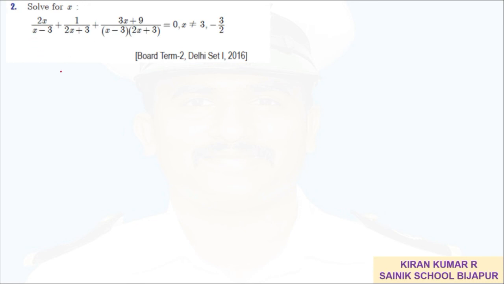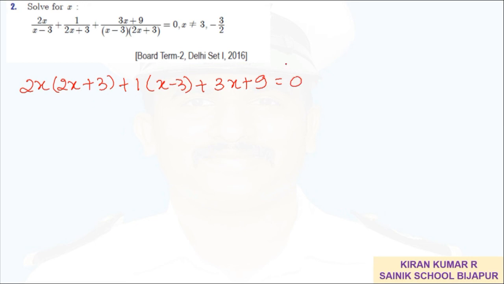Here the LCM will be (x minus 3) multiplied to (2x plus 3). So this first term 2x has to be multiplied with 2x plus 3. The second term 1 has to be multiplied with x minus 3, and the third term we need not multiply anything because the denominator itself is (x minus 3) into (2x plus 3). When you cross multiply into 0, it becomes a 0. For the simplification, it becomes